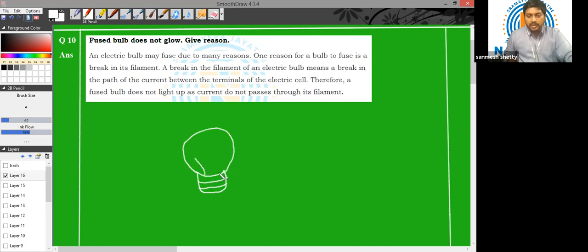Inside the bulb, we have a thin filament. Yes or no? The filament is a thin tungsten wire through which the electric current flows. Whenever the current flows through the bulb, it flows through this filament and heats it up. Due to this heating up, the bulb starts glowing.